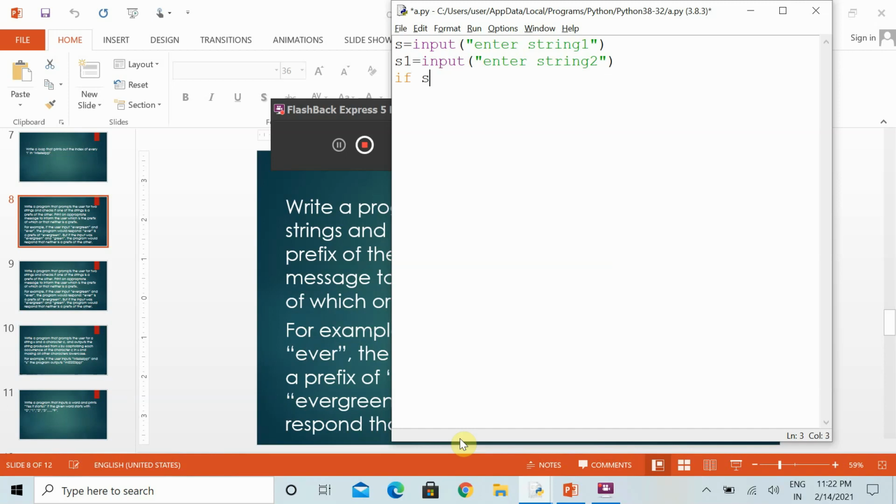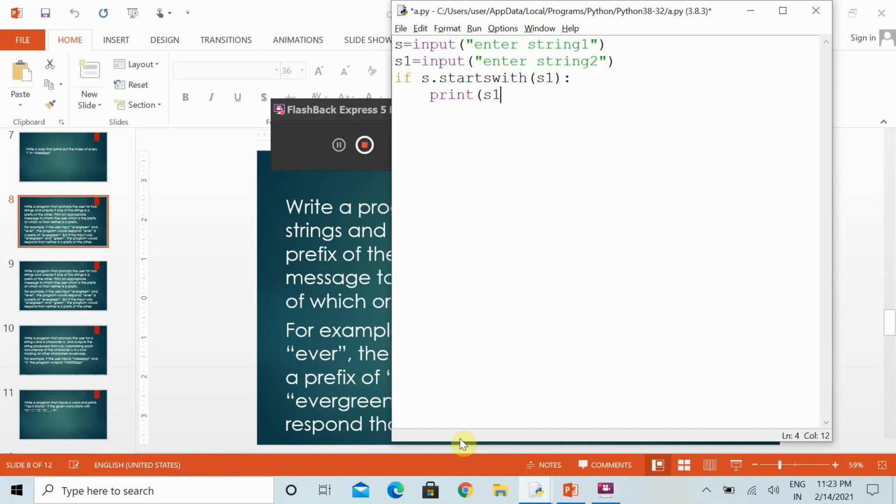There is a function in strings that we are using, startswith, and in the brackets we can specify the next string. In this way we take the first string, and then we can specify whether the other string is the start of that string or not.